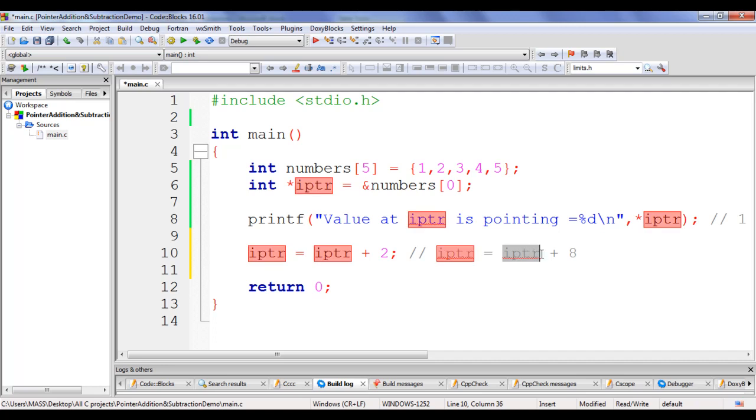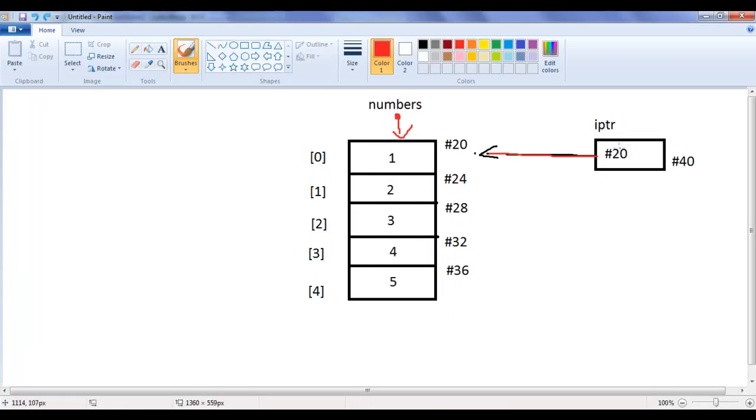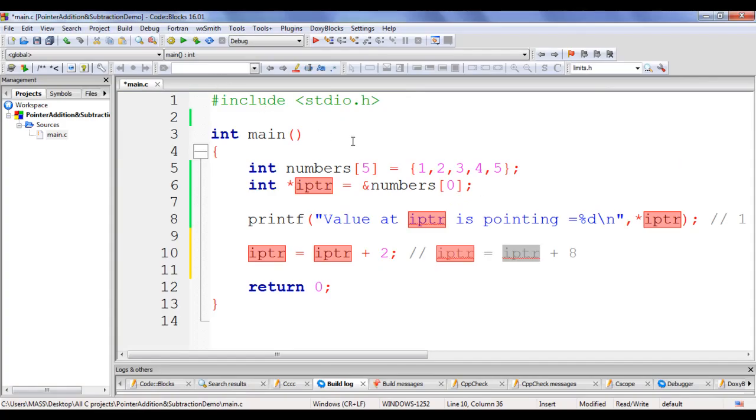The current value of IPTR is #20. #20 plus 8 is #28, right? So the new value of IPTR becomes #28, guys.